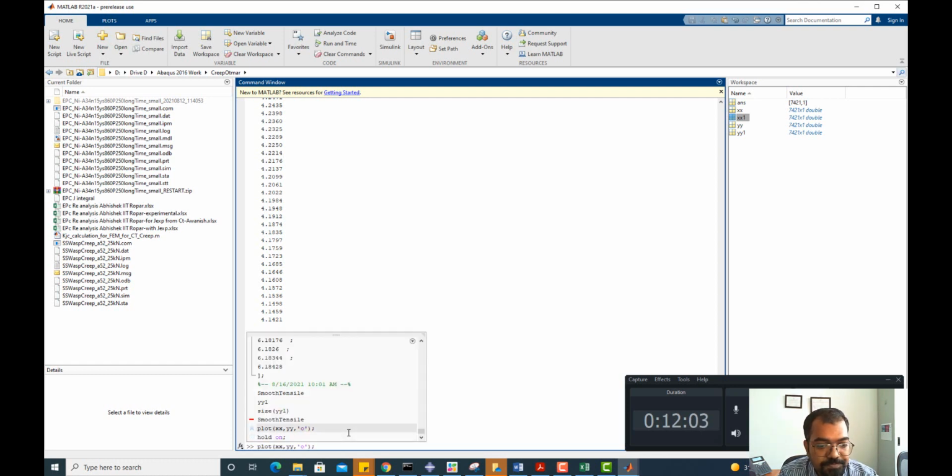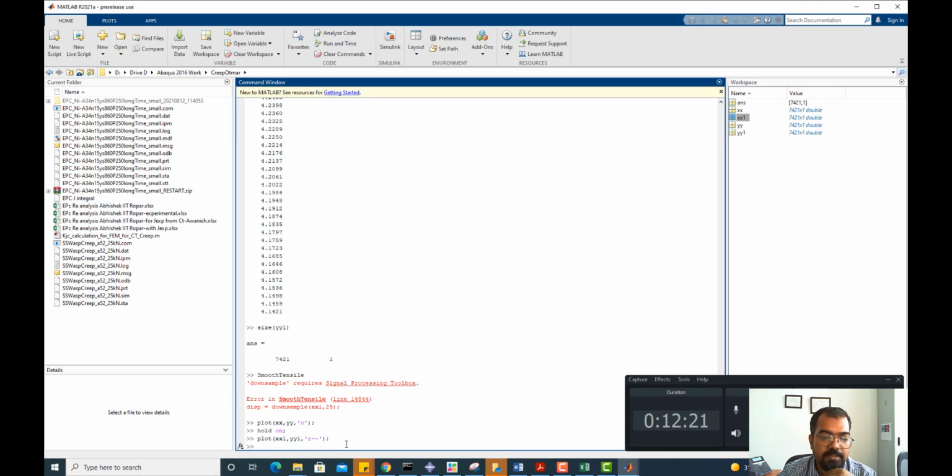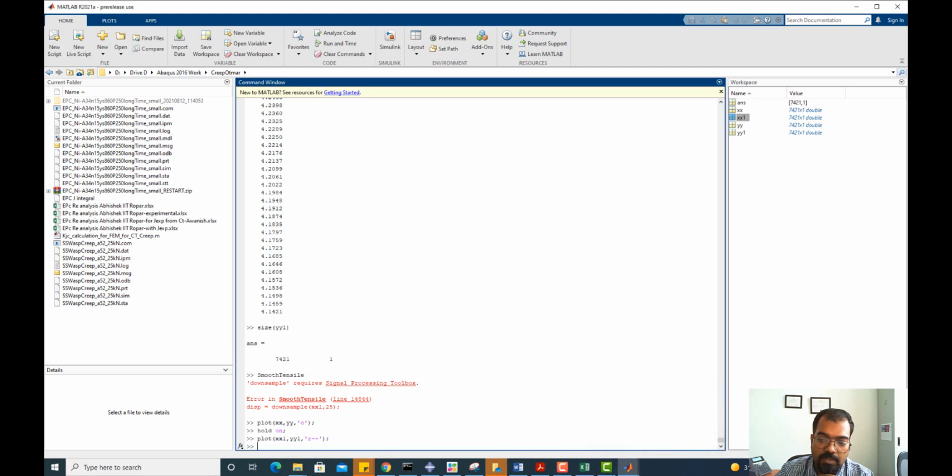So instead of XX, I have to write XX1, YY1, and here I'll just write r-- or r line. So it will be a red dashed line. I think the syntax is right. So if I just do it, what happens? So hold on will simply,